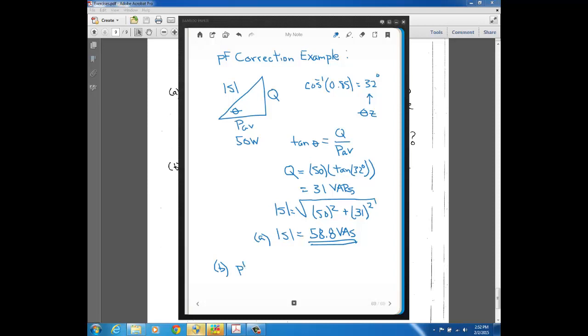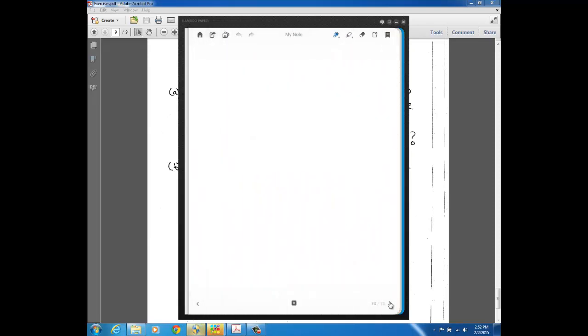So we want the power factor to equal 1, and we're going to do that by making the reactive power of the capacitor equal to the reactive power of the motor, the inductive part of the motor. So 31 VARs is what we have,